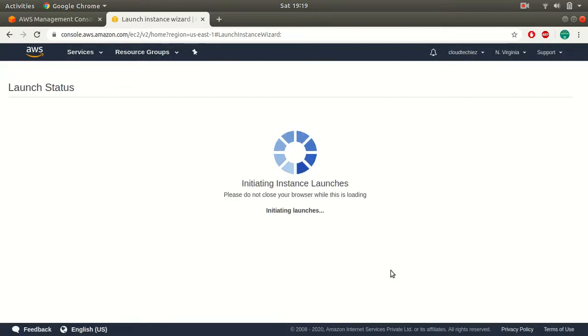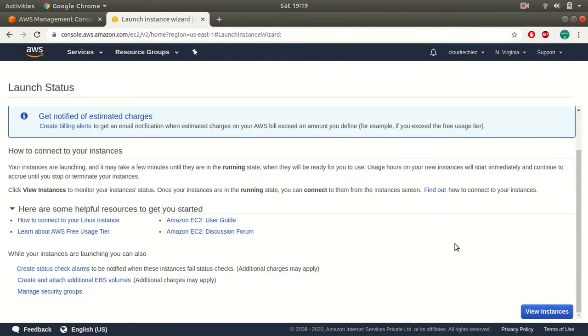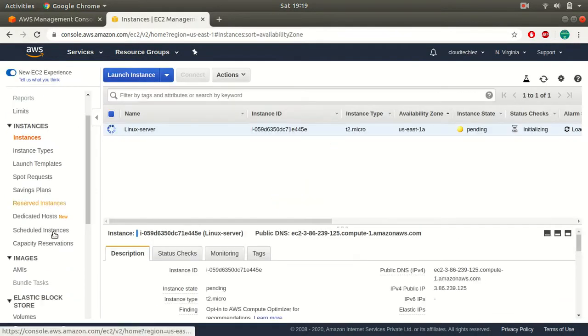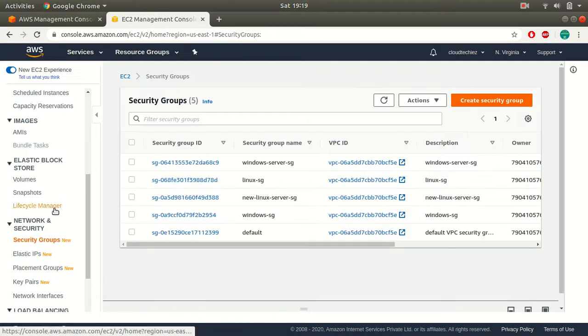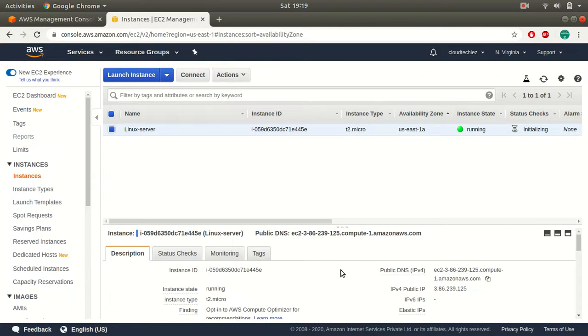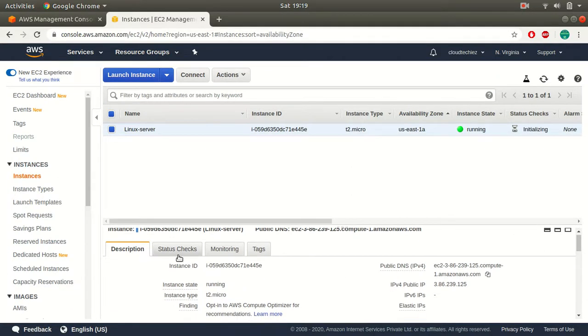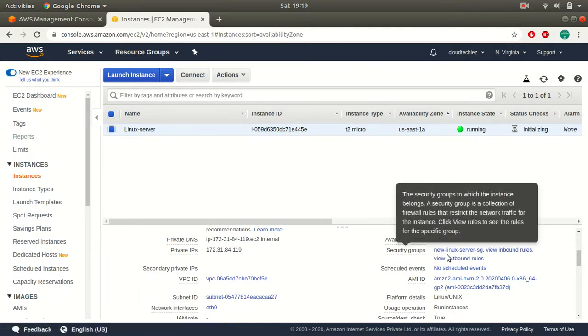So this is how you can create the security group when you're launching the instances, as well as you can create it in the security groups section over here, and you can select them from the existing security group option when you're launching the instances. And again, the rules, you can modify them at any point of time. Let's say here I have launched this instance. Now I want to modify some rules. When you scroll down in your description section, here you should see the security group that is attached with your instance.